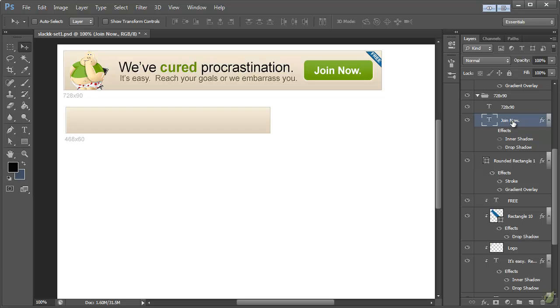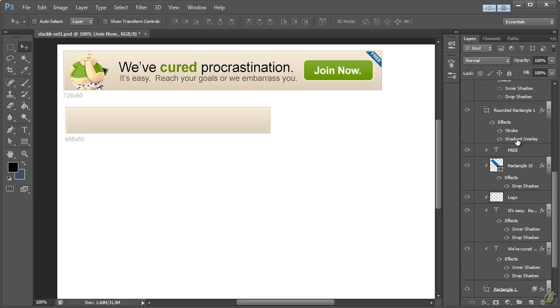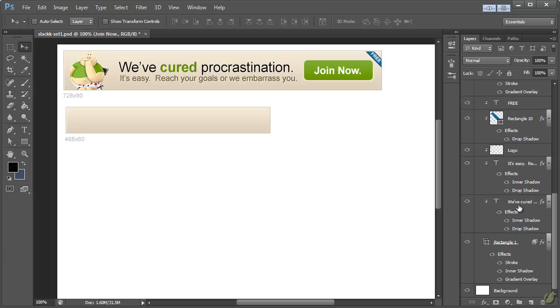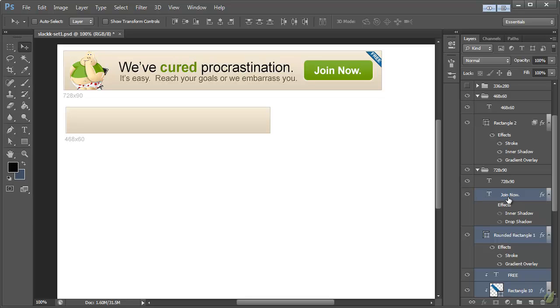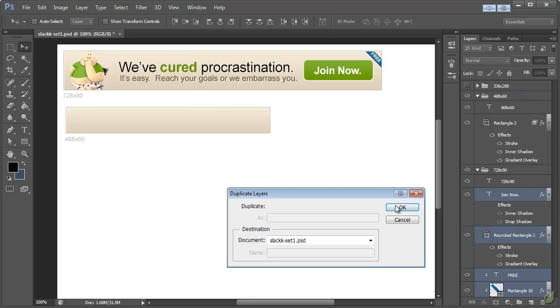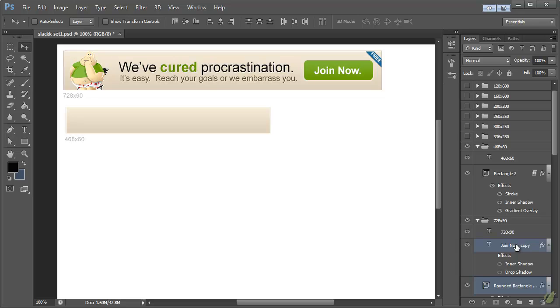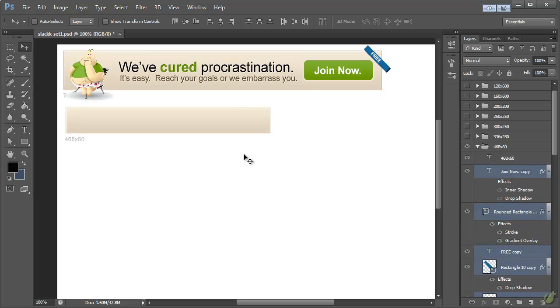So let's select Join Now. We don't need the 728 by 90 text layer right there, obviously. Hold Shift and select all the way down to the first mask right here. Now let's go ahead and duplicate those. Right click, Duplicate Layers, and let's drag them up. Okay, so